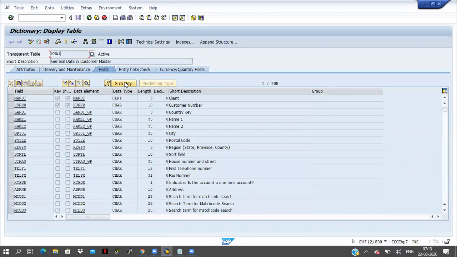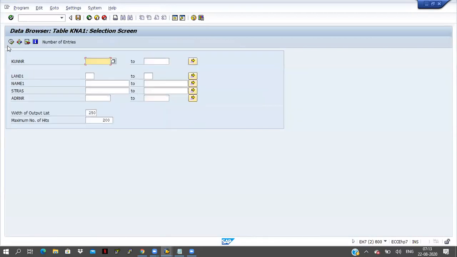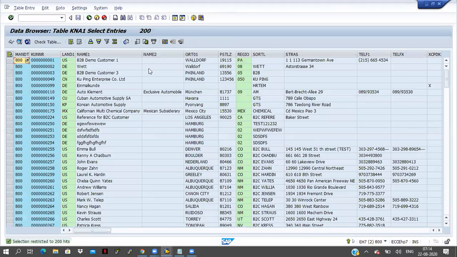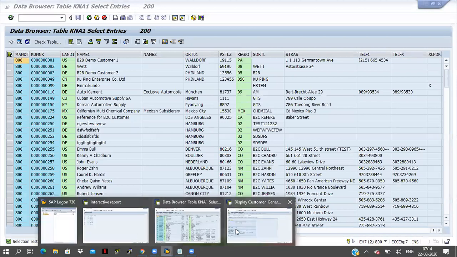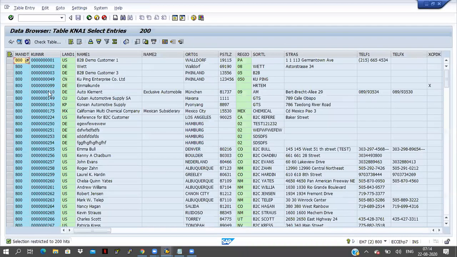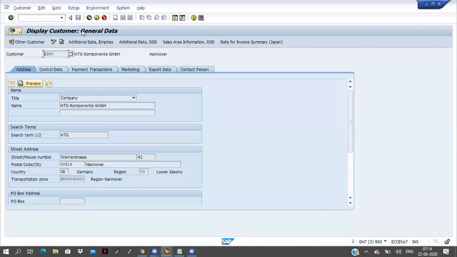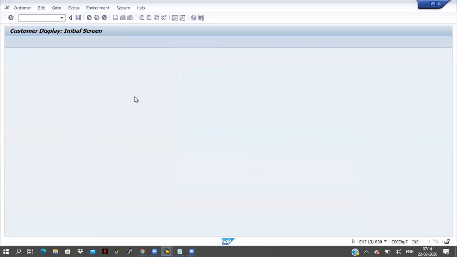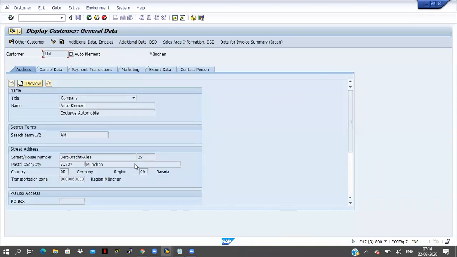And if you want to insert some data in this table, I'm executing this one. So the data is coming like this, right? Now, what I'm doing, this is the transaction BA03 for displaying purpose. I will take one sample. This is the customer information, customer number. I will click on back button and I will enter the data like this. Click on enter button. So customer information is coming like this.